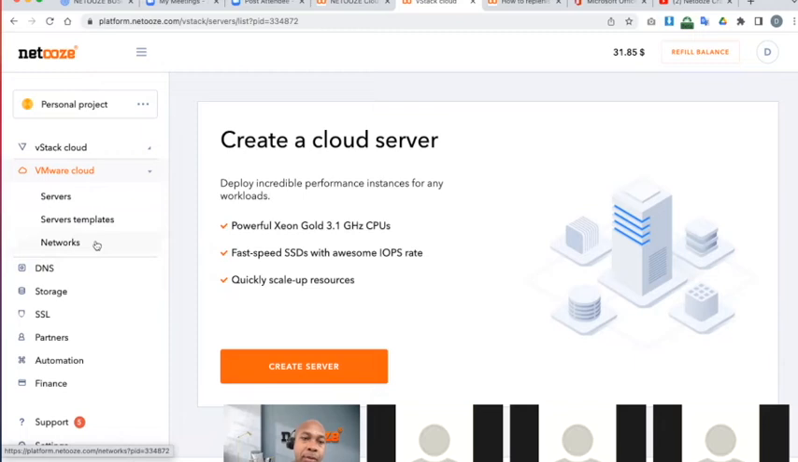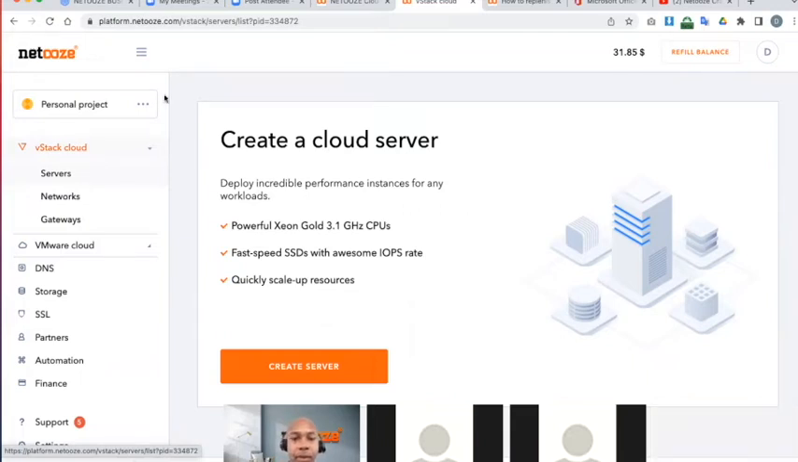So like any amount of servers, you could create 1,000 servers and link them together as one powerful network. It's basically unlimited. But what I wanted to do here is create a vStack Cloud server, so you could see the process that your clients would go through in creating one. So if I click create server,